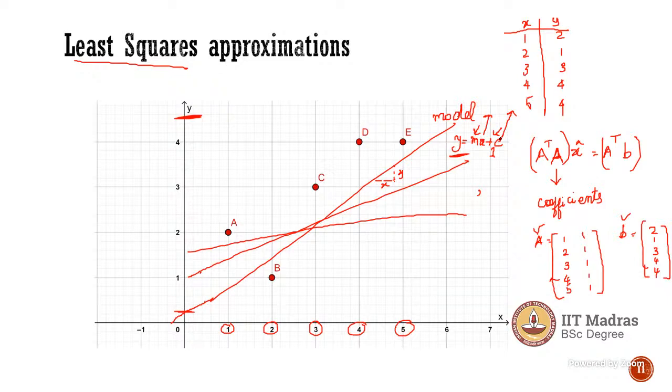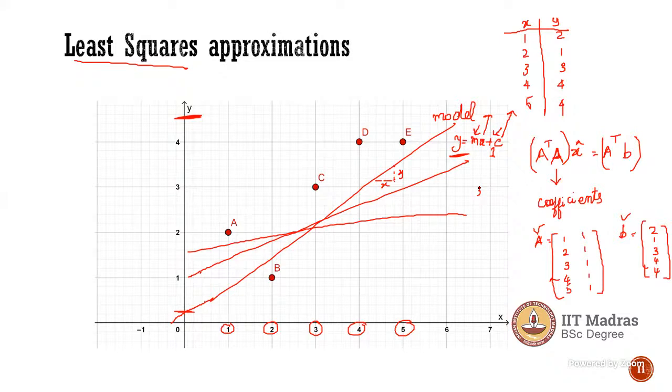For this you can write y1 equal to m times the value of x, which is 1, plus c, and y2 is m times x plus c, and y3 likewise. So in all the cases m is constant, multiplying the value of x, and c is always constant. When you convert into a matrix, it becomes 1, 1, 1, and we multiply with m and c. Hope that clears it.